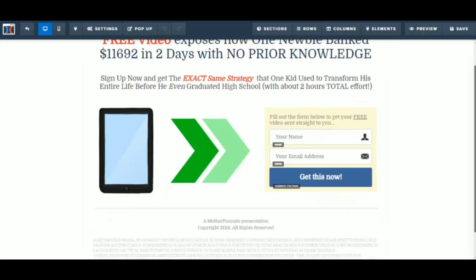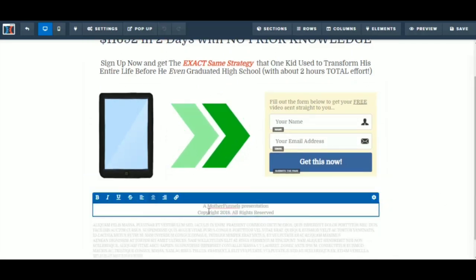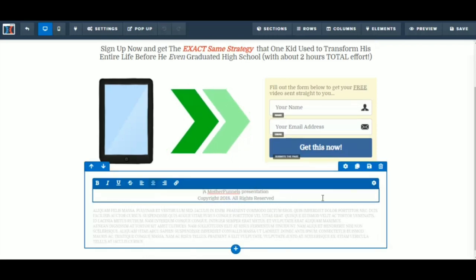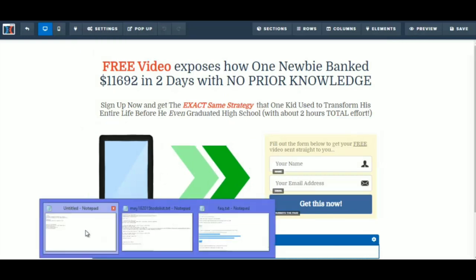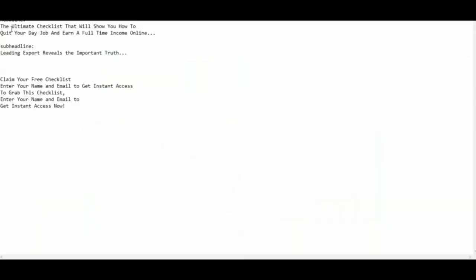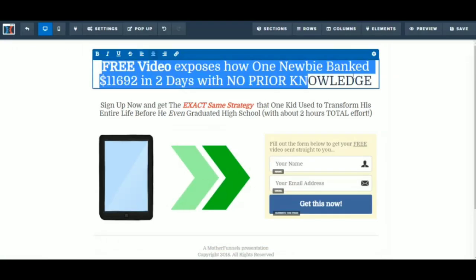Name, get this now. Funnels. Okay, so here's the copyright information. You could edit that. I'm not going to edit this part here for now. I'm going to edit the headline and the other important parts of this squeeze page. So let me just go to my Word documents here, where I pasted some of the information that I want on my squeeze page. So I'm just going to select this